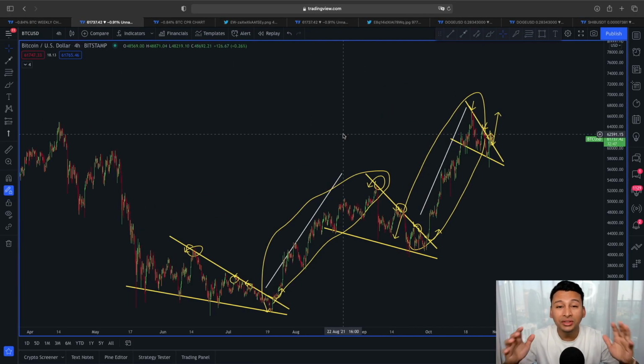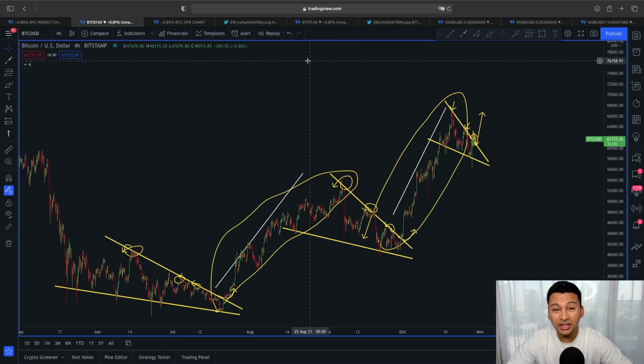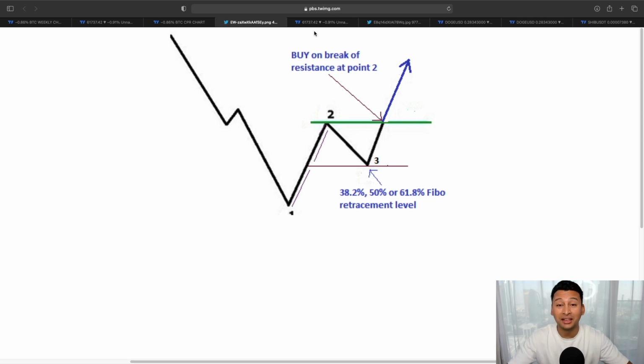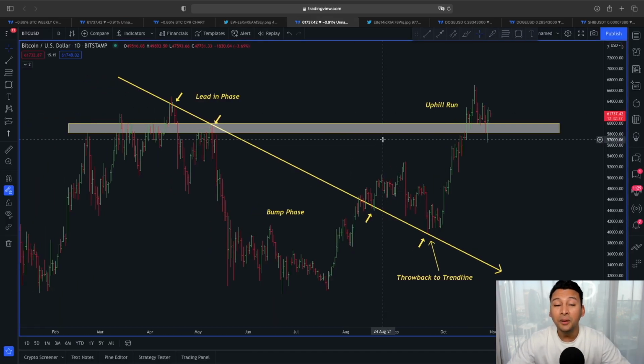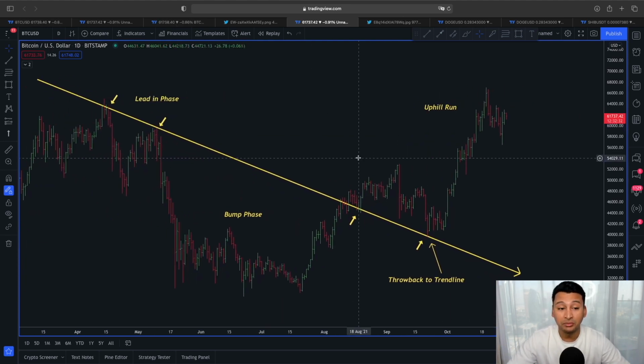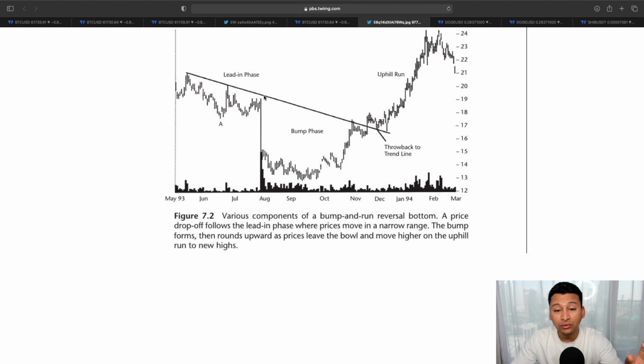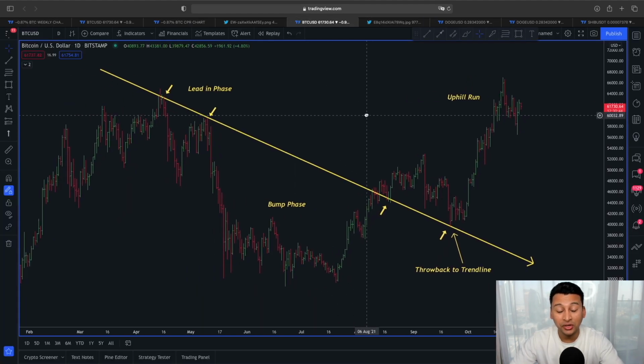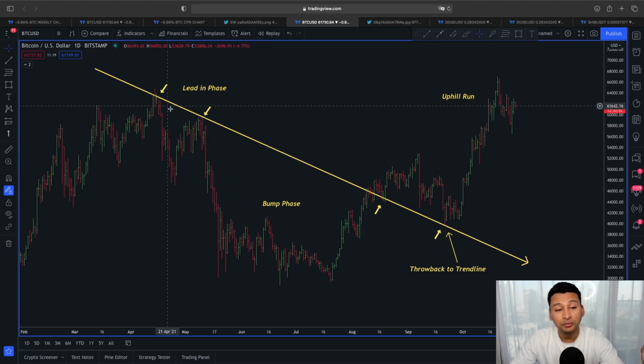So let's see how these scenarios are going to play out here in the immediate short term and also in the upcoming days, because it doesn't matter whichever scenario I show you right now, guys, the price of Bitcoin could still be in favor of bulls, even if we would see any sort of a smaller shakeout in our price action, because we are aware according to this bump and run reversal pattern, as you can see, this falling trend line is a strong line of resistance, but this resistance, once it's going to be flipped into support, the price usually starts this new move here to the upside, also known as uphill run. And in our case, if you look at this price structure, you can see we have broken out of this previous temporary resistance line.